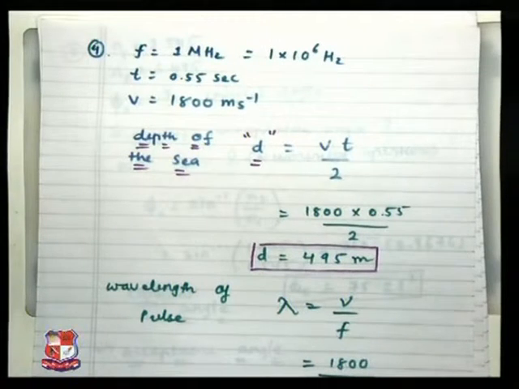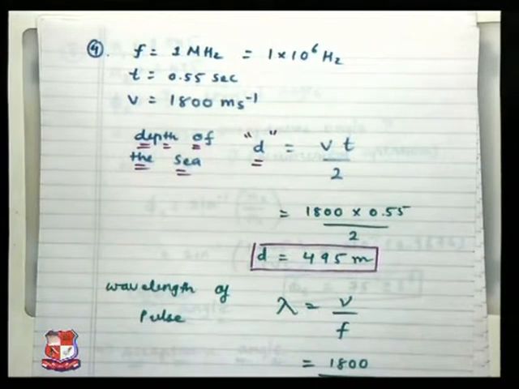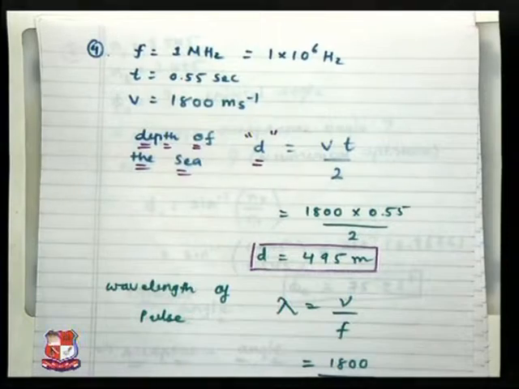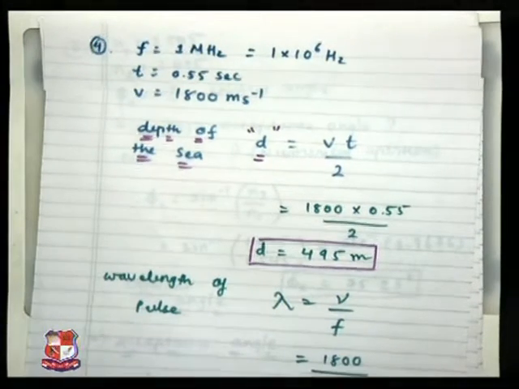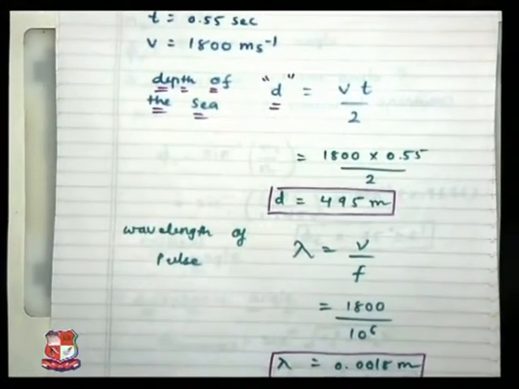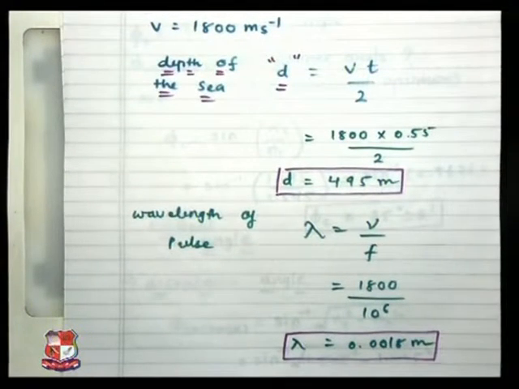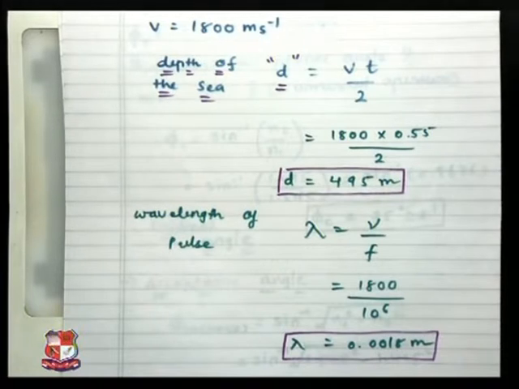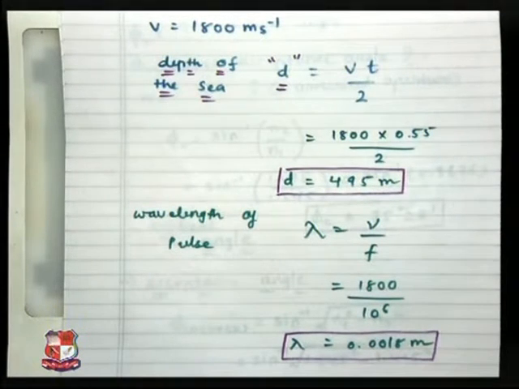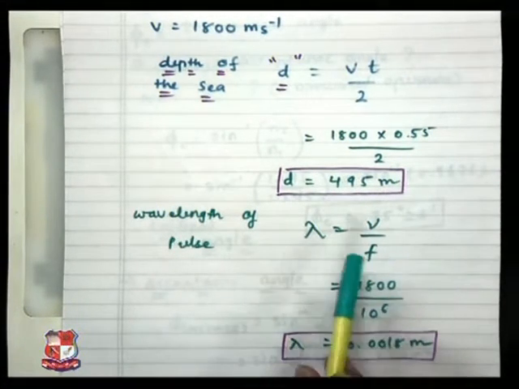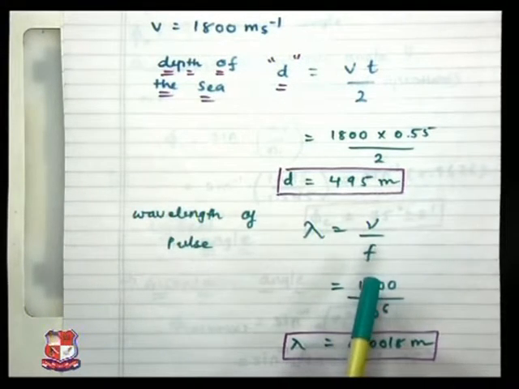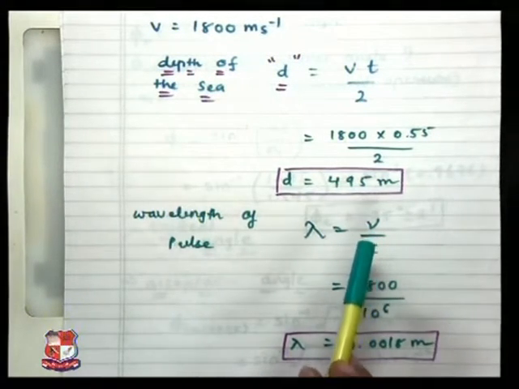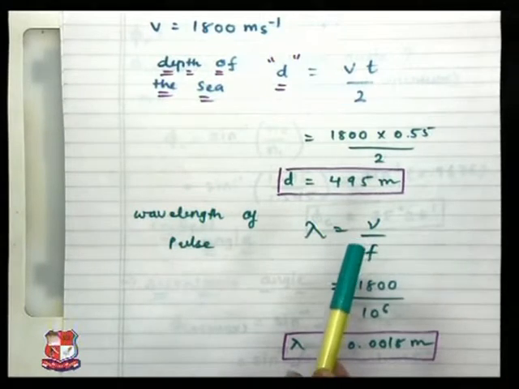The wavelength of ultrasonic waves in our equation. To calculate the wavelength of pulse, we have an equation that is lambda is equal to V upon F. Here lambda represents the wavelength of that pulse. In the same manner, F represents the frequency of that pulse and V represents the velocity of ultrasonic waves in